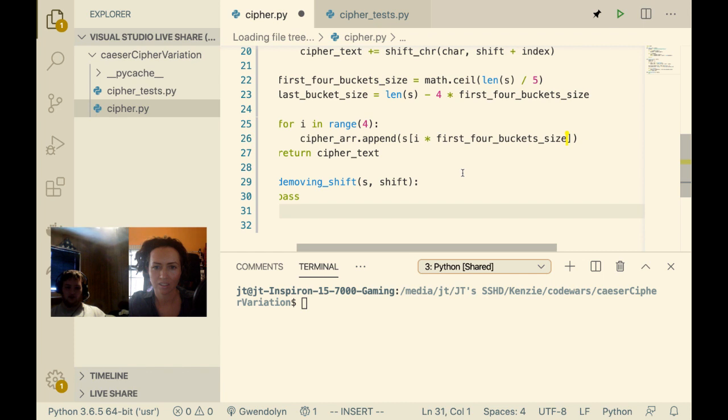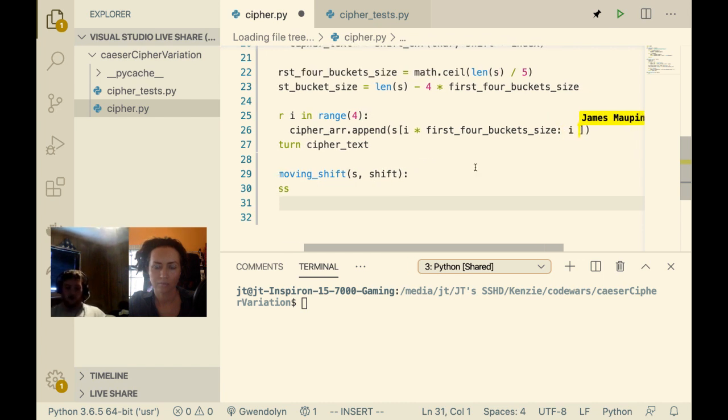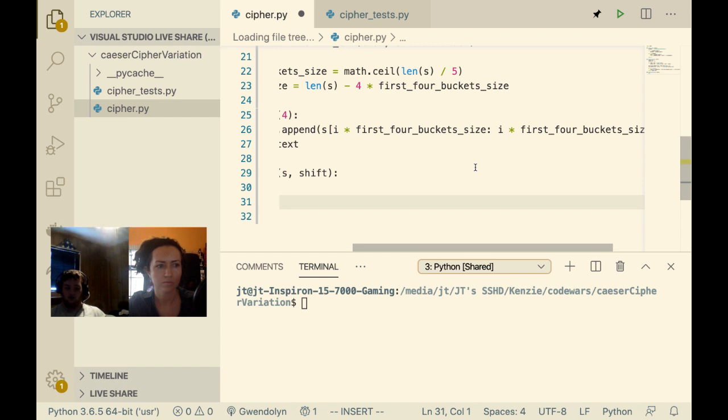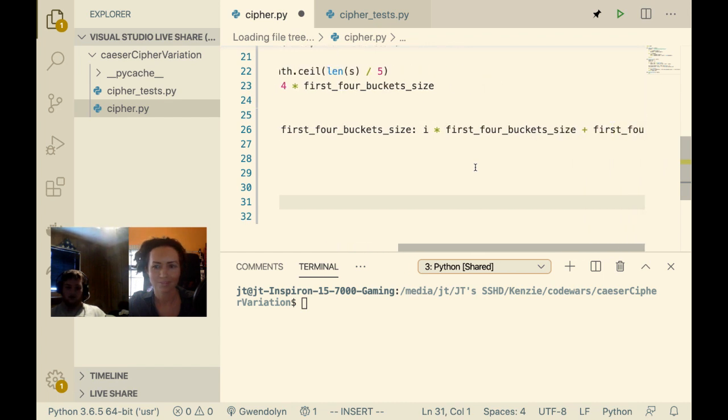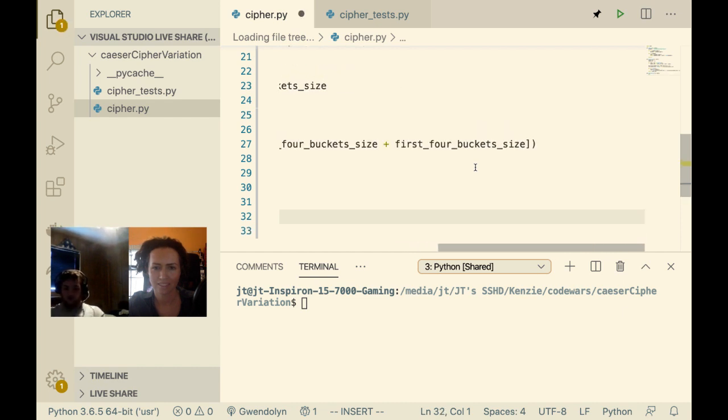Because that's the length of the chunk. Because i will be 0 first, so this whole expression will evaluate to 0, right? Yeah. And then we just do i times this really long name plus this really long name again. This looks like there's a lot more code than there actually is. Okay.